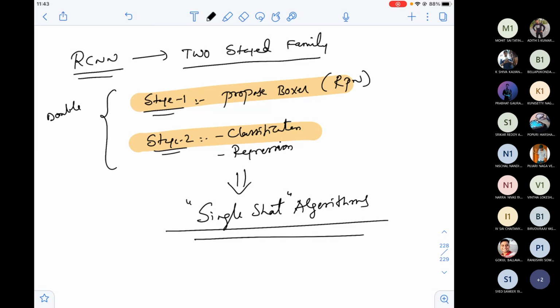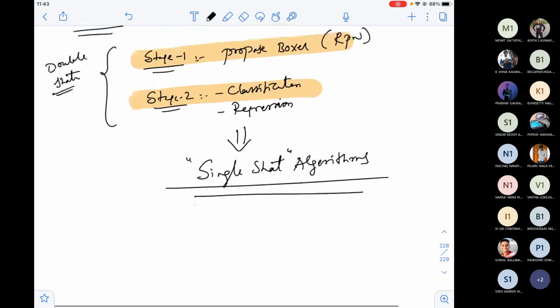You're getting another drink in your mind, right? This is actually a double shot algorithm because I complete this with two stages. Shot is considered as stage here. So the above one is a double shot based algorithm, but I want a single shot algorithm.